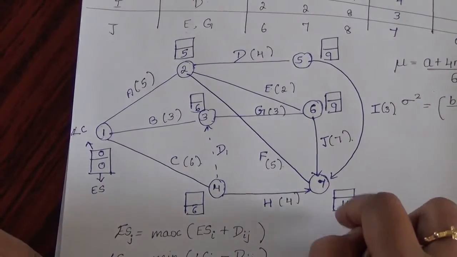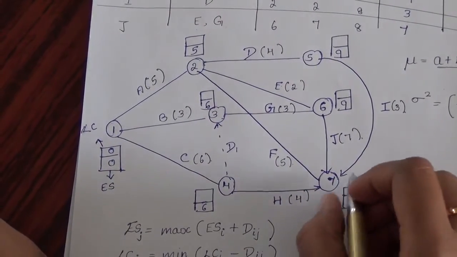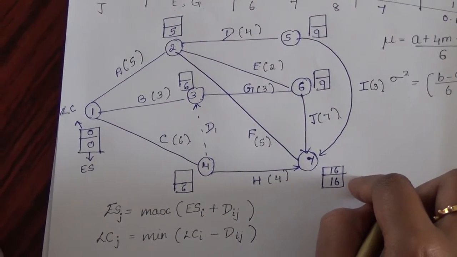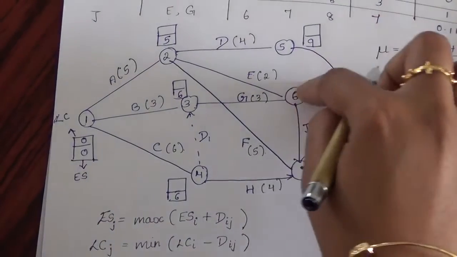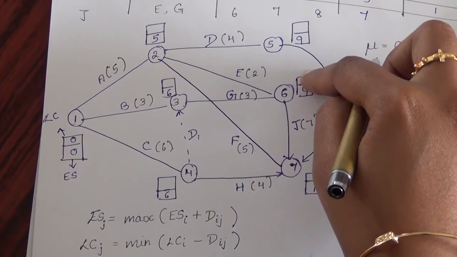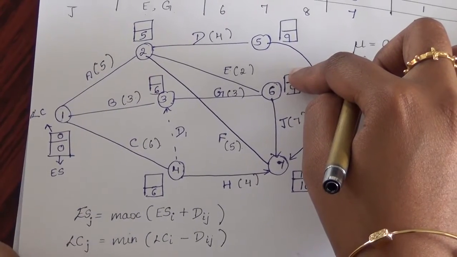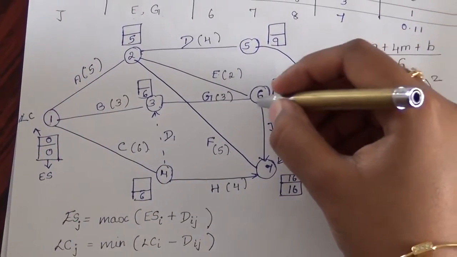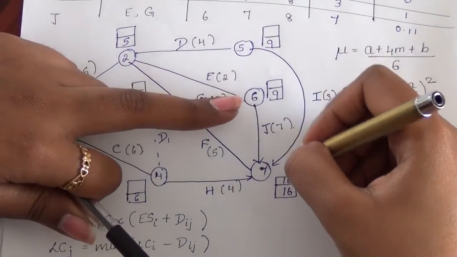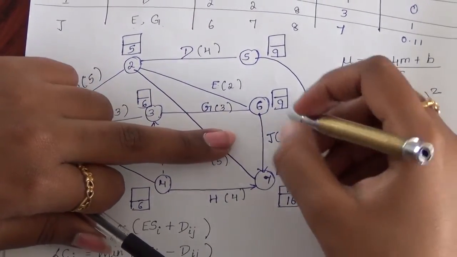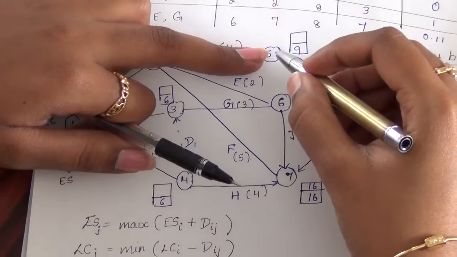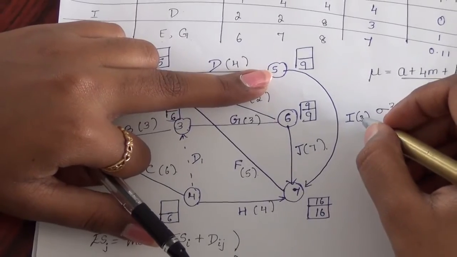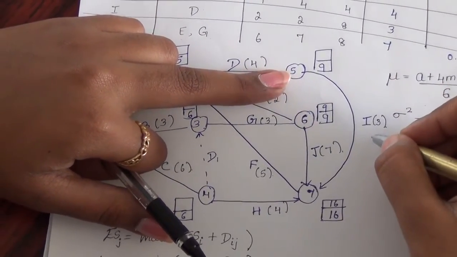So this is the last activity. So I am initializing my latest completion time as the earliest start one. The earliest start time and the latest completion time of the last activity both will be the same. Now after completing number 7, I have to go to activity number 6 for calculating its latest completion time. It will be the minimum value, the latest completion time minus its distance. So for activity number 6, it points to only one activity, so 16 minus 7 will be nothing but 9. For the fifth activity, it points to only one activity, that is 7. So we have the 16 and 3. 16 minus 3 will be 13.